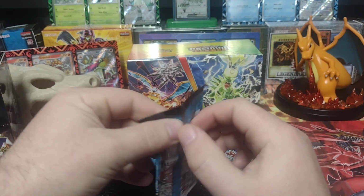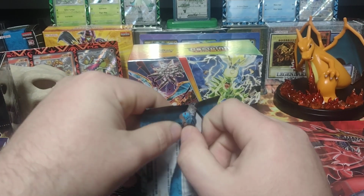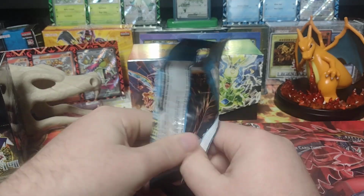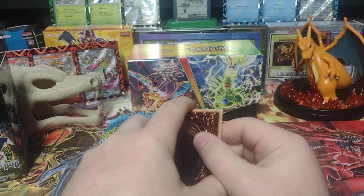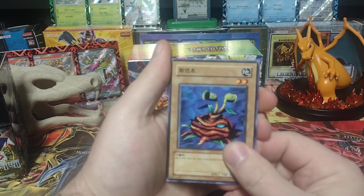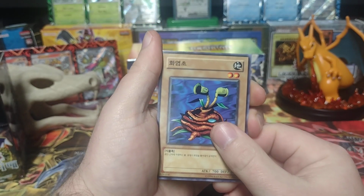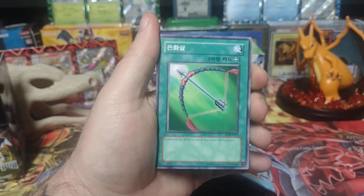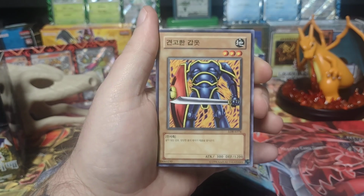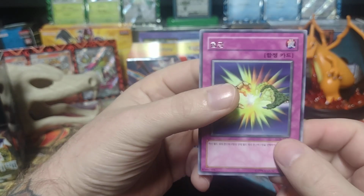Or maybe they just don't do rares, but yeah, so I also got Invasion of Chaos and then Labyrinth of Nightmare, so those are going to be some of our other openings, as well as another English booster box. That one is Maze of Memories. So we got another Firegrass, Yami, Silver Bow, I believe, Hard Armor, okay, and Two-Pronged Attack. So we did get a rare,